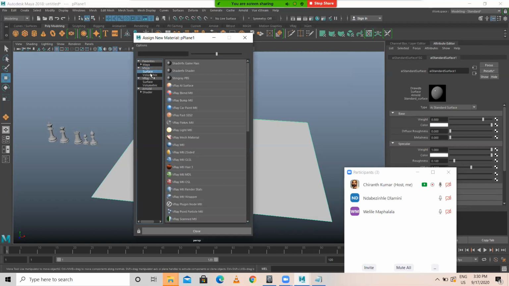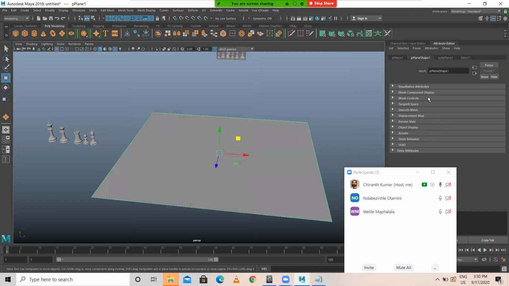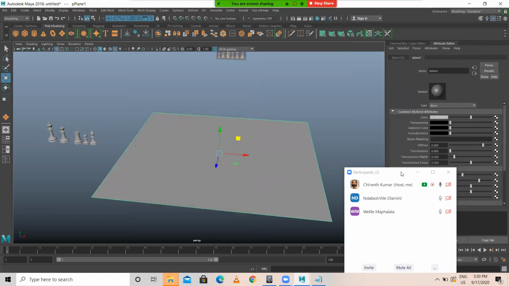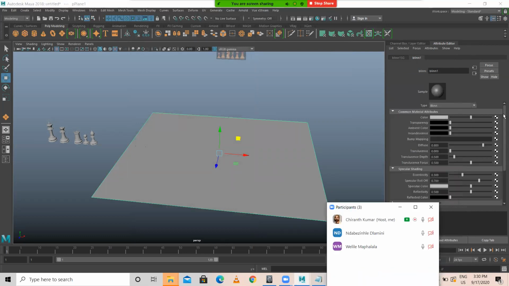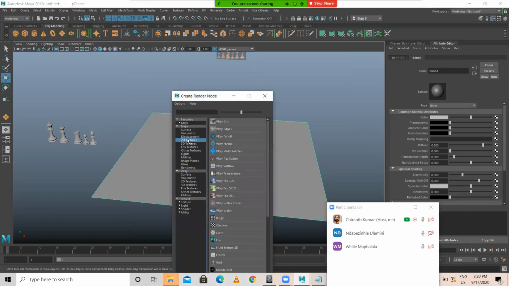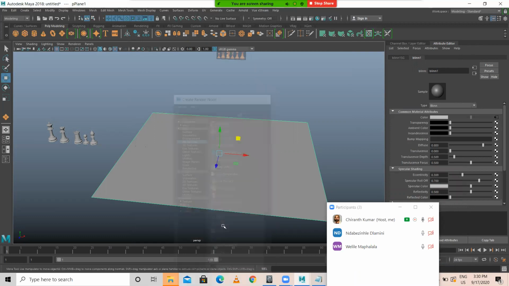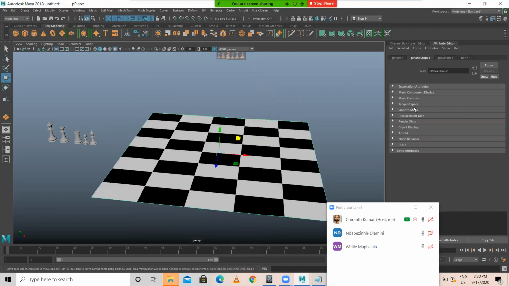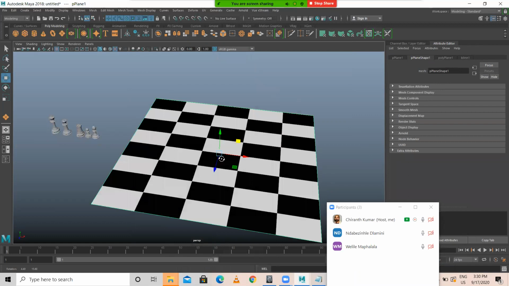Go to Maya surface. Here blend will be there. Select the blend. Here color is there, no? Here this box is there. Click on this particular box. You have 2D textures. Checker. Click on checker. You get this checker. Okay.